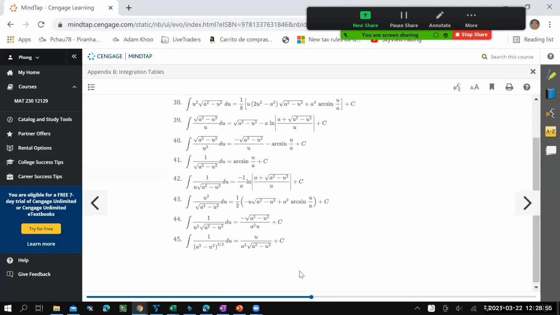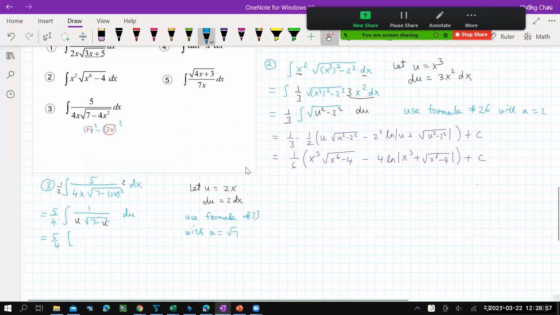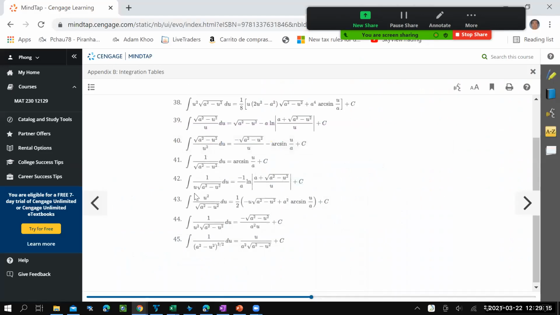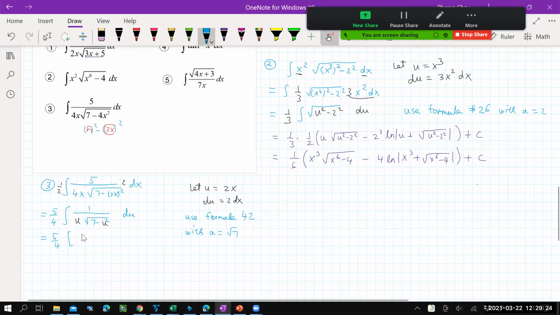Right, so that is number 42 instead. Right, so it's now 33. We are using formula 42, right? 42. And then look at the 42. What does it say? Negative 1 over a natural log, right? So that's equal to